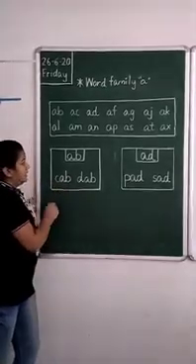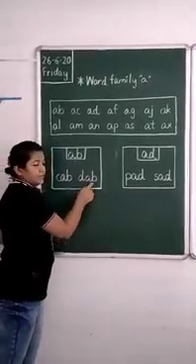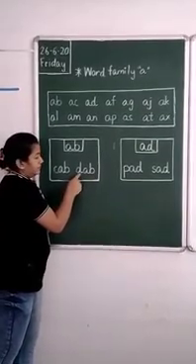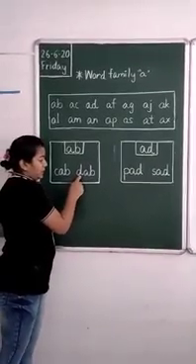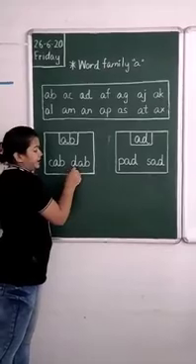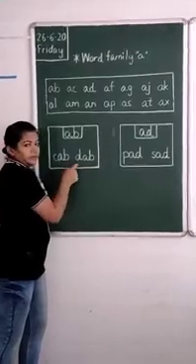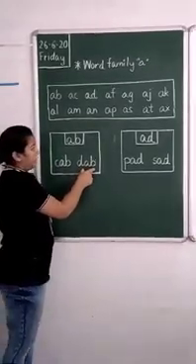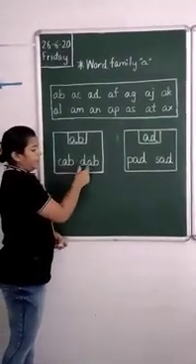Cab. Okay. Now one more. I have taken AB here as well. So this is ab. I have added a consonant D. D says d. So what will it become? D-ab. This is dab. We will join them, then it will become dab. Okay, these are 2 ab family words. We have done cab and dab.